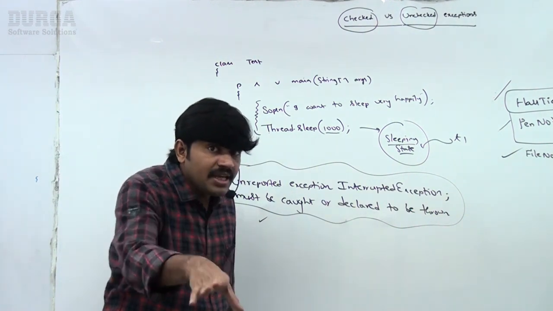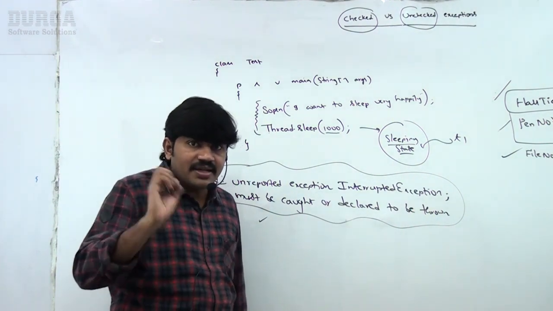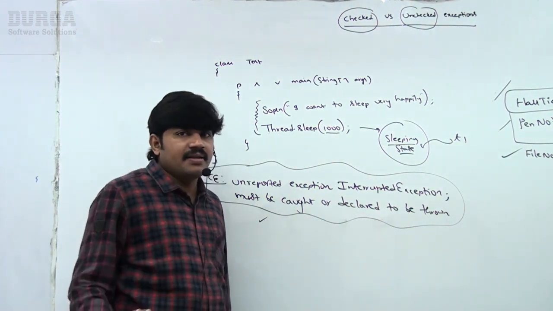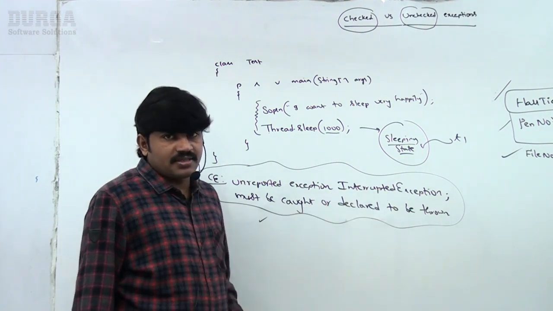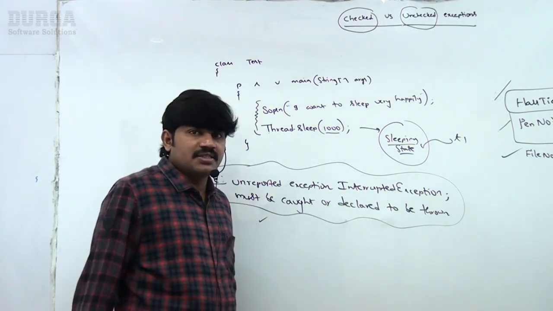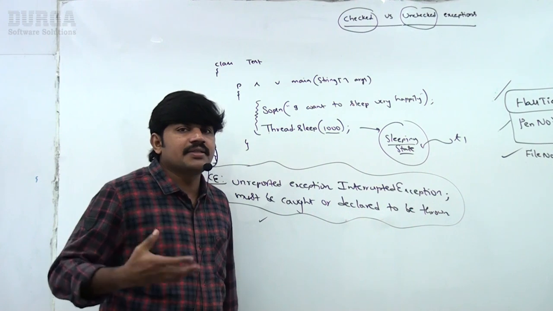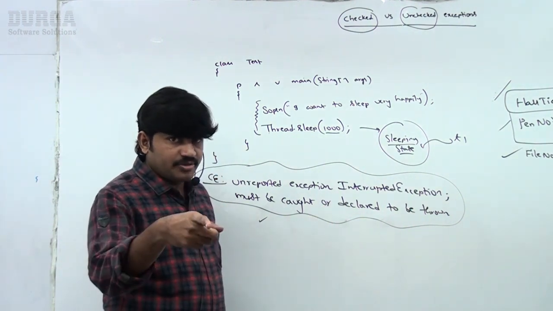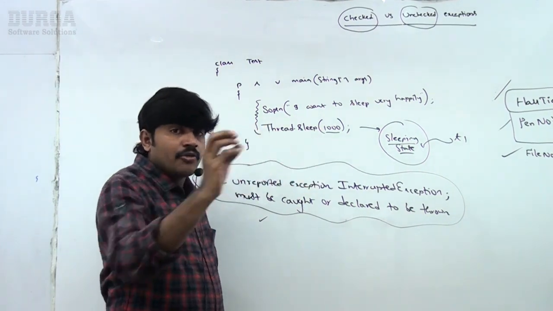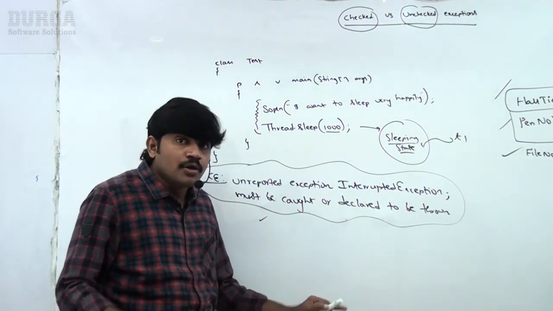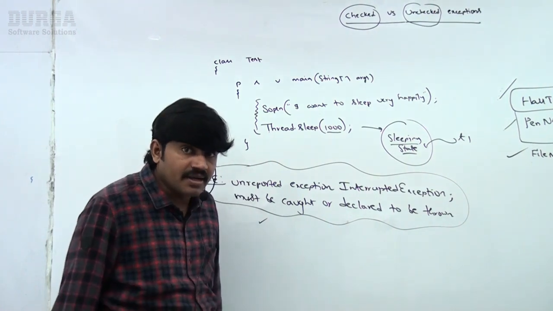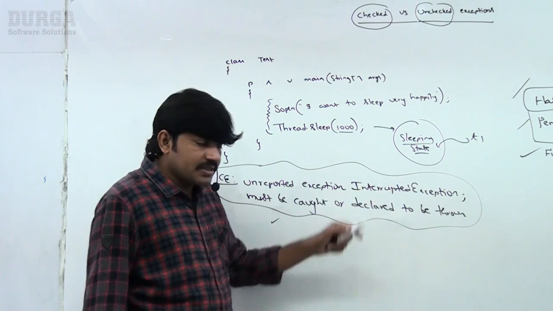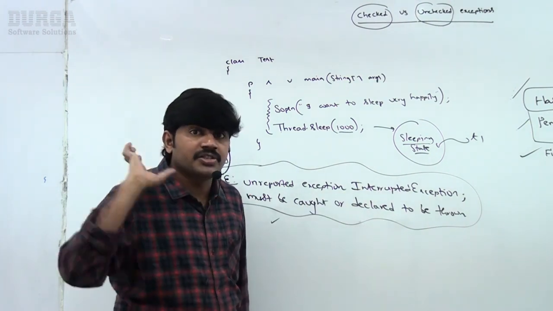It doesn't mean InterruptedException occurs. Are you getting it? It doesn't mean InterruptedException occurs. The compiler is simply telling that there is a possibility of InterruptedException. You didn't report about this exception, so I can't accept this code to compile. Like that you are going to get a compile time error. The exceptions which are checked by the compiler, whether the programmer is handling them or not, for smooth execution of the program at runtime, such types of exceptions are called checked exceptions. InterruptedException is another example of a checked exception.